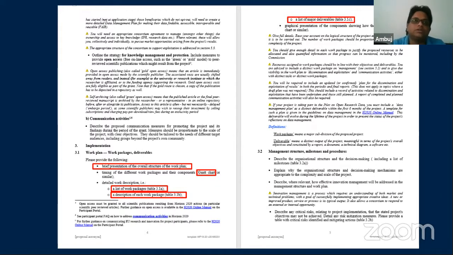You need to look into this very carefully, how your work package description should be, whether they require the Gantt chart. In most cases they need the Gantt chart, but there could be some other requirements associated with this particular topic. You need to be very careful, because when we are reading the proposal, we are marking or highlighting these requirements. So I'm telling you the way you should do it. You should highlight the requirement of the proposal in each particular section.